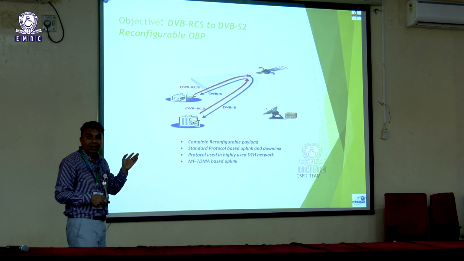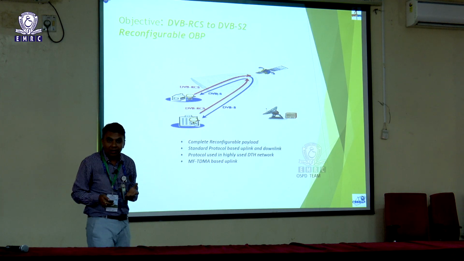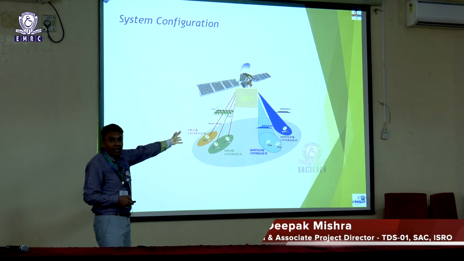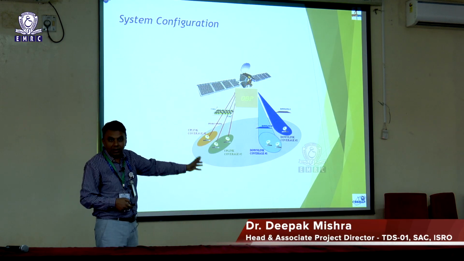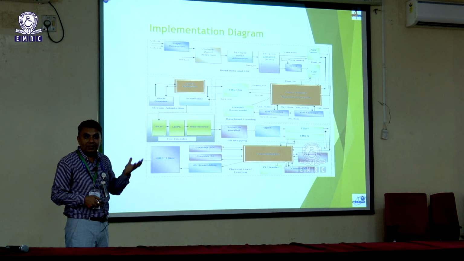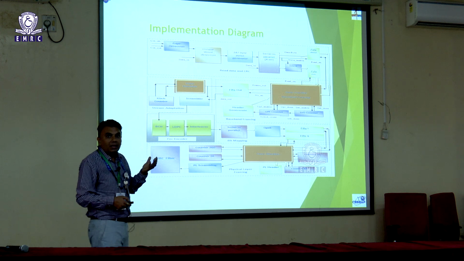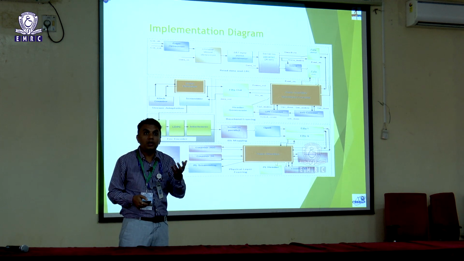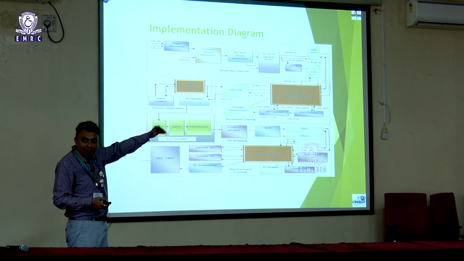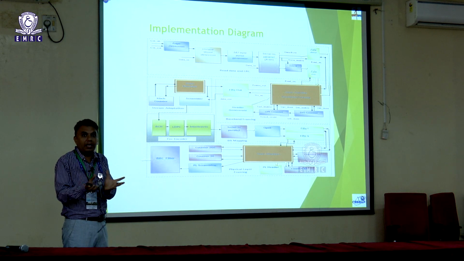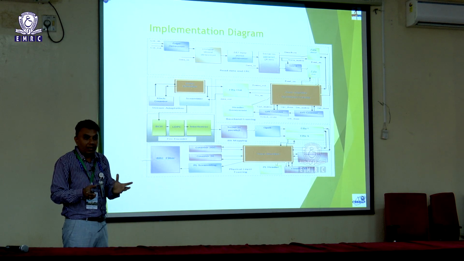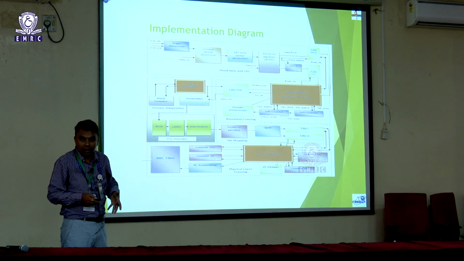As I mentioned, the next is DVB-S2, Digital Video Broadcasting Standard 2. There the idea is that all the RCS channels will be clubbed together onboard itself and come to the downlink. This we have now also proven in terms of concept. If you want to go into detail of that design, there is an ETSI standard for digital video broadcasting. This is the S2 implementation diagram. Don't get scared about this, because a lot of processing needs to be done to make any packet DVB-S2 compliant. All this needs to be implemented once you want to transmit any DVB-S2 signal to the satellite.